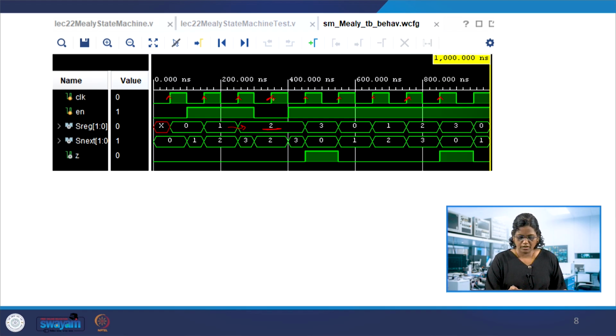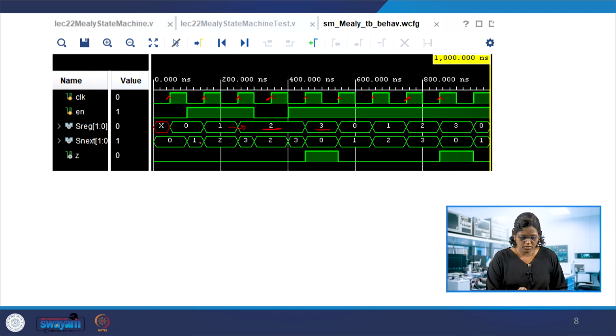So here, though it is 0, at the next clock edge, before that enable is made 1, but it stays over here. Then at the passage of the clock, that next state will be assigned to sreg. So this is moving to 3. And after that it is 1, so 0 0 1 2 3, and then 0 1 2 3. For every clock edge it moves from one to another, because enable is 1, it moves in the order A B C D.